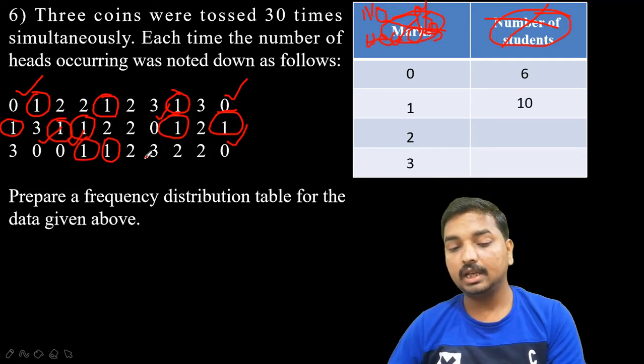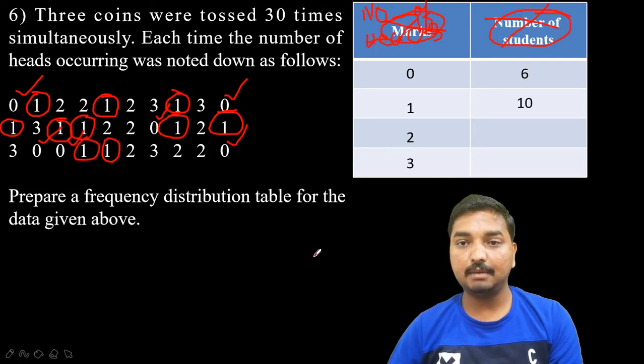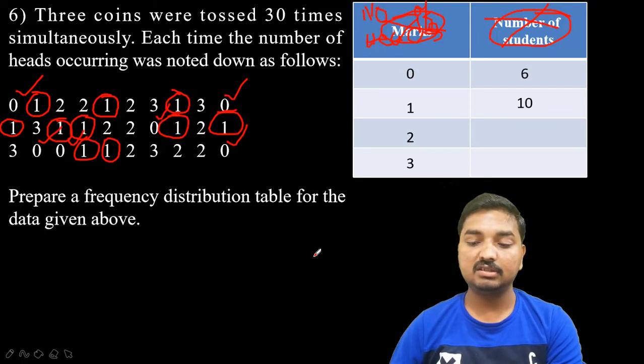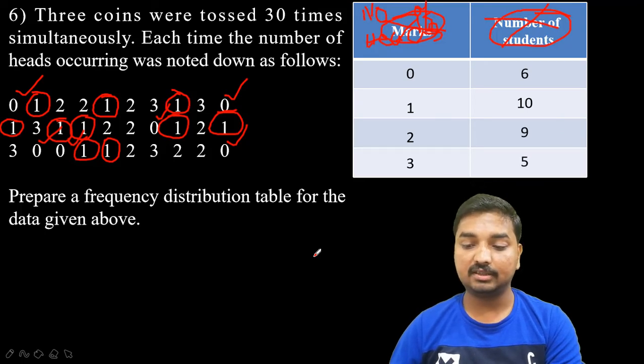So totally 10 times 1 had appeared. In the same sense, you need to count how many times 2 heads appeared. The answer is 9. And for the last one, how many times 3 heads appeared means 5